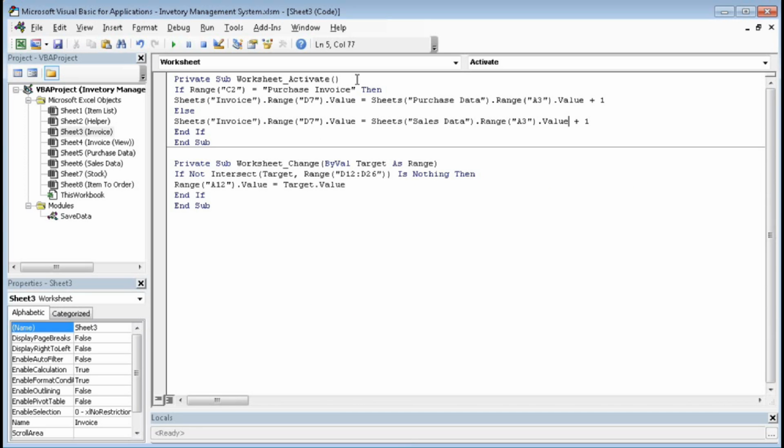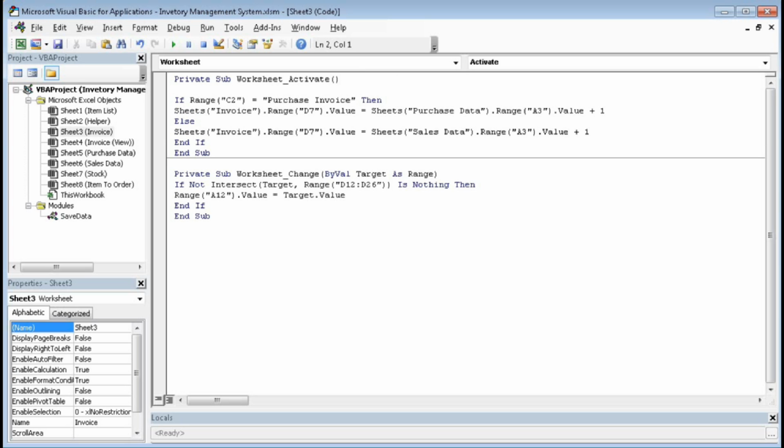So here we will type sheets, bracket open, or you can just delete this one, just copy this one, copy paste, and here it should be H7 equal to date.